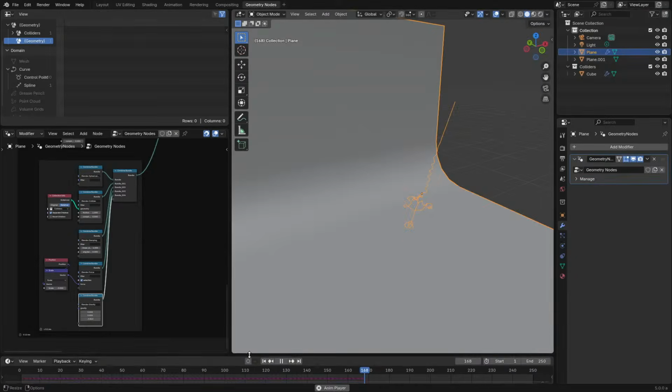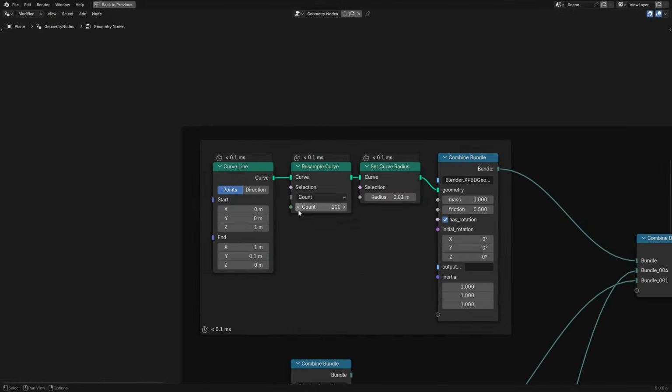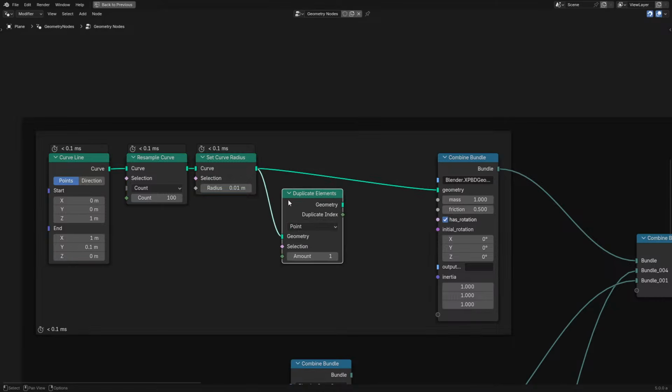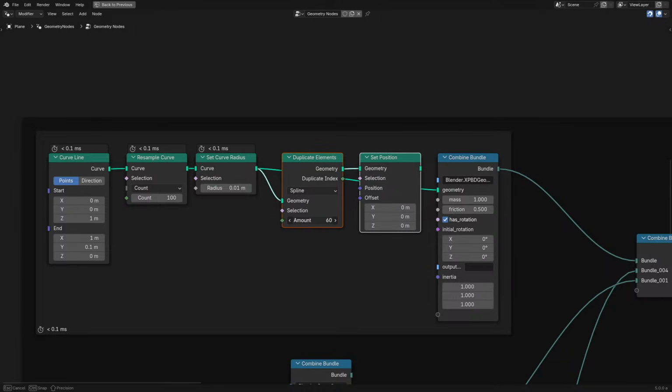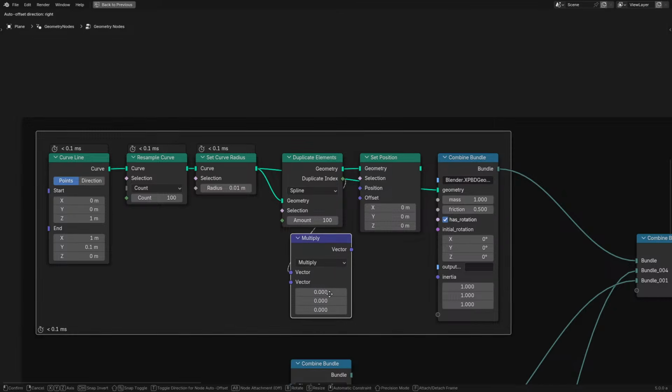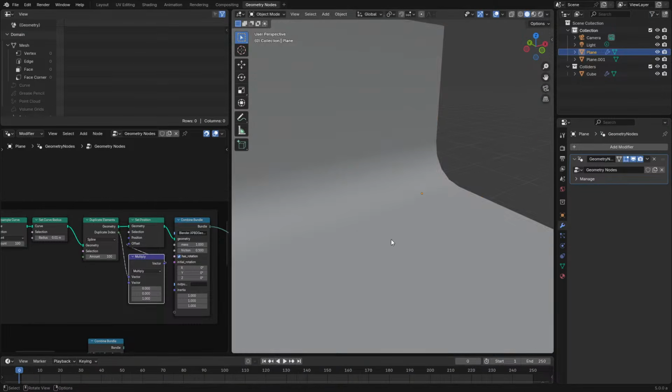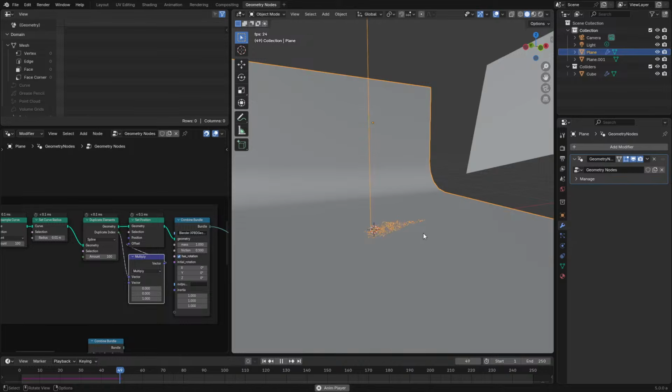I want to have multiple of these, so let's duplicate elements. Set this to be spline. Use a nice set position node. Let's have 100. But we need to make it so that they're not all in the same place, or else things will go horribly wrong. We need a vector math multiply into the offset. Set this to be 1, and we'll plug it into there. So now, if we take a look at this, we can see that